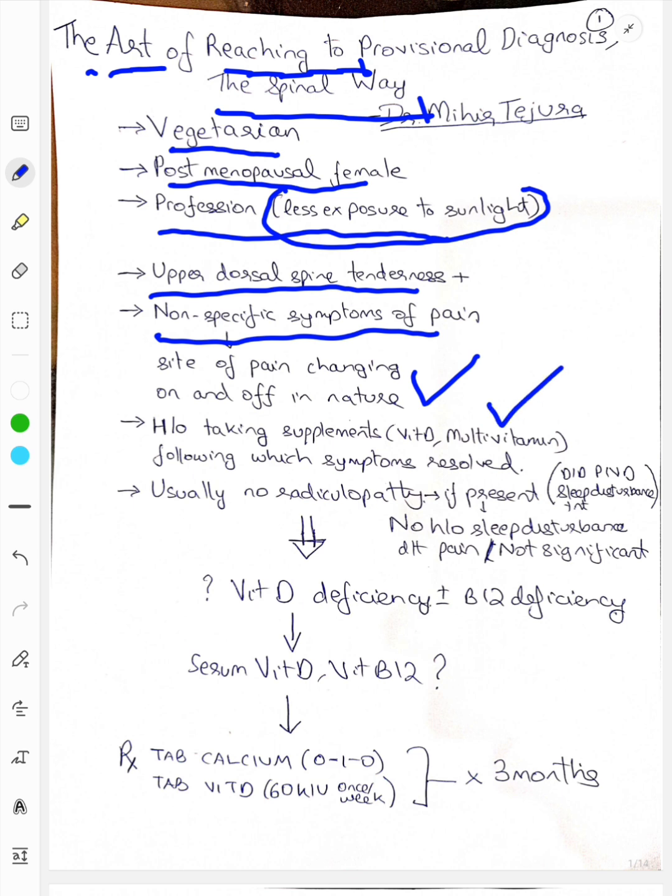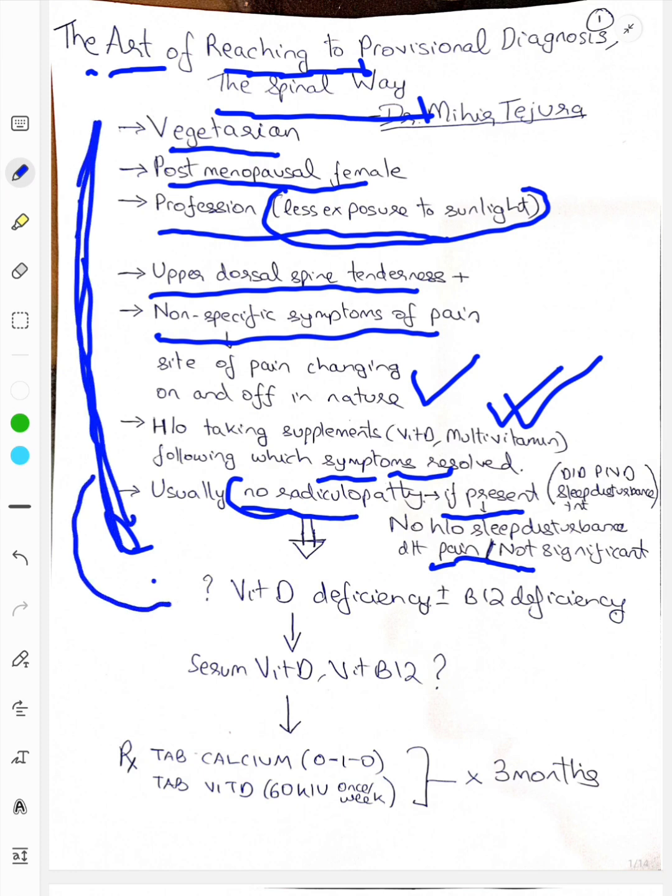And this patient, whom we are going to lead to the diagnosis, has a significant history of taking supplements in the past, following which the symptoms resolved. Often a patient says that 1 year back I had a similar complaint for which I had taken some supplements, and at that time it was resolved. Now it has recurred. And these patients usually do not have radiculopathy. But if at all the radiculopathy is present, it is not significant. How do you know whether it is not significant? You ask for sleep disturbances or affection of the daily lifestyle, right? If the radiculopathy is disturbing the sleep, it is more of a significant radiculopathy. So it is more of a PIVD picture, right? But whenever it is not significant, so all these